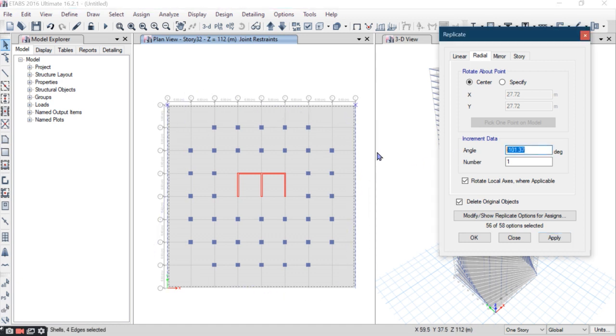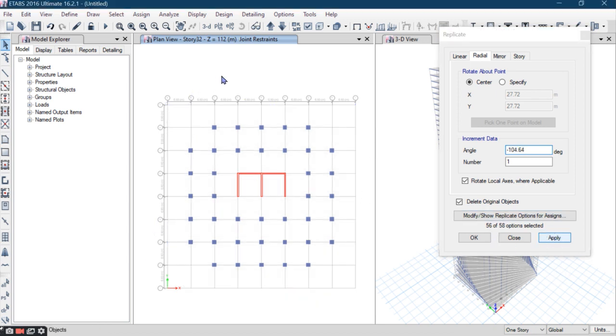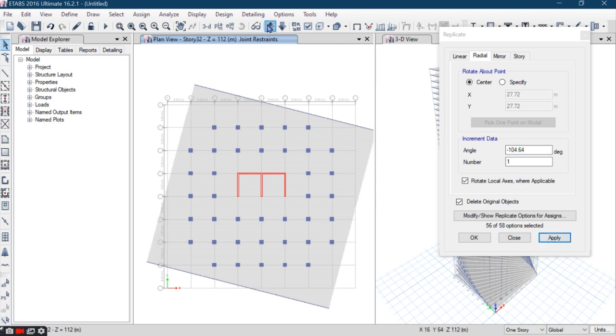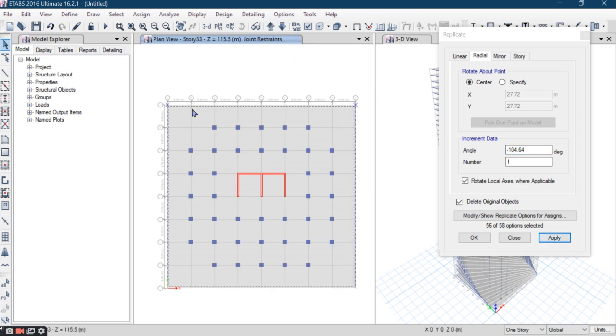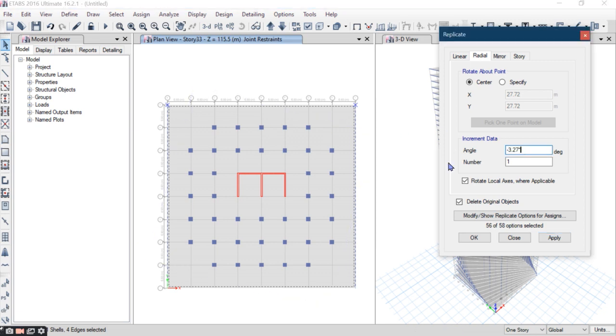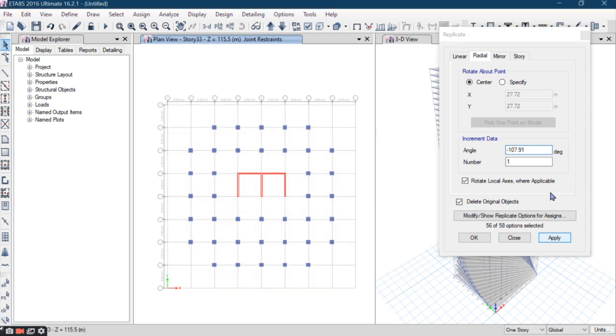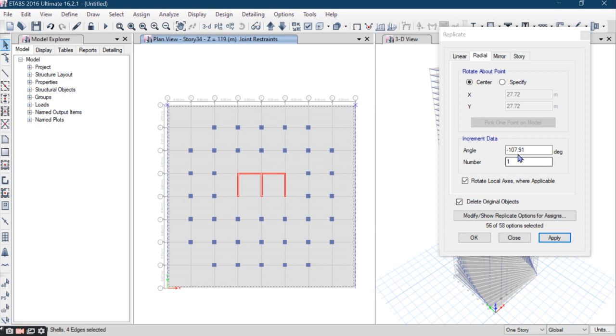Now go to the next story, 32, applied, done. Go to the next here, angle 33, applied successfully. Go to the next floor here, you can see the arrow button move up in the list, so click here